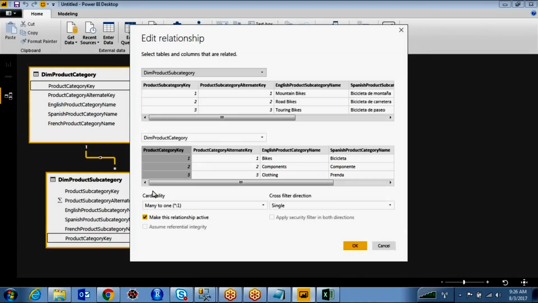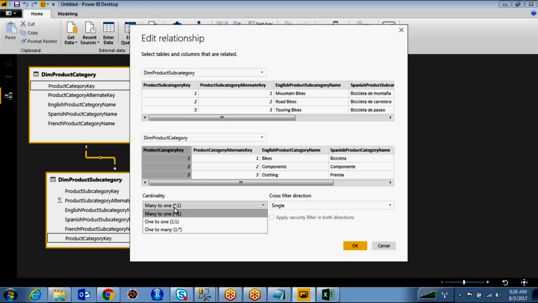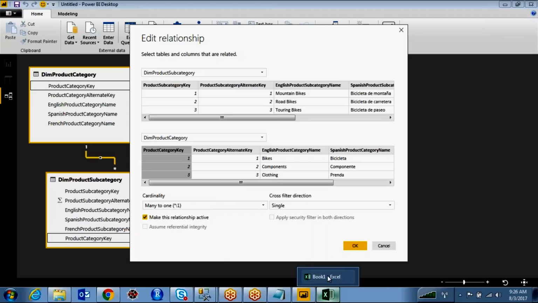Okay, right. So here if you observe the cardinality, what do you mean by cardinality? It is the relationship between these two tables. The cardinality levels are many to one, one to one, and one to many. There are three kinds of relationships. Go back to the Excel.